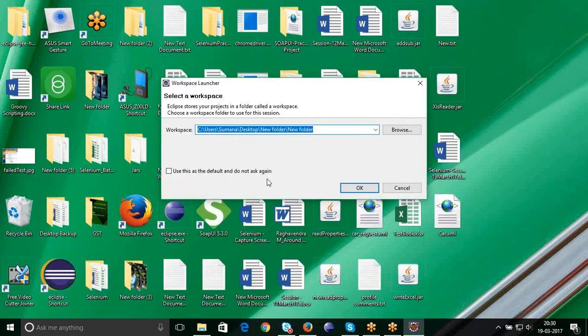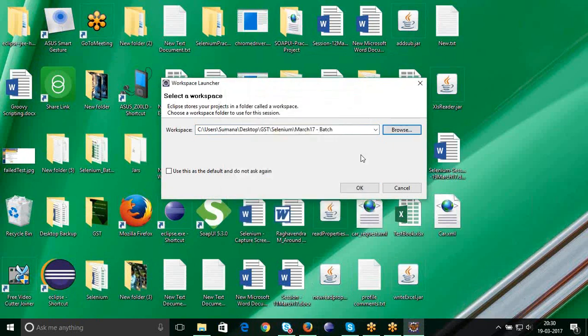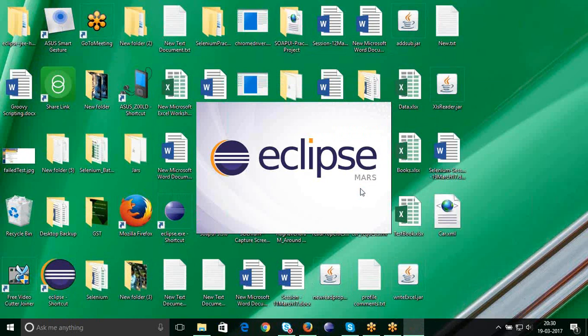Today we'll start the basics of Selenium, and let me create a new workbook here because we are practicing with Selenium. Selenium March 17. Okay, yep, right. So whenever we try to open Eclipse, I'll give a couple of